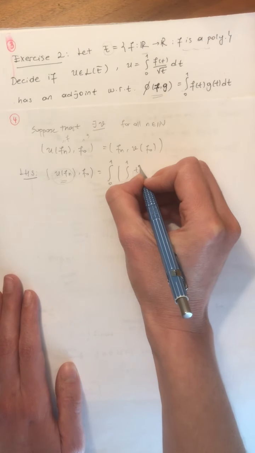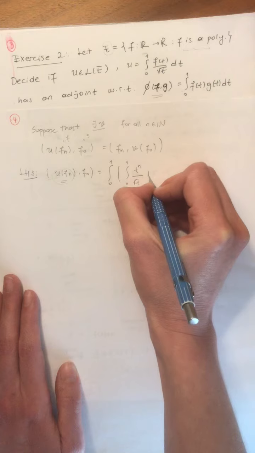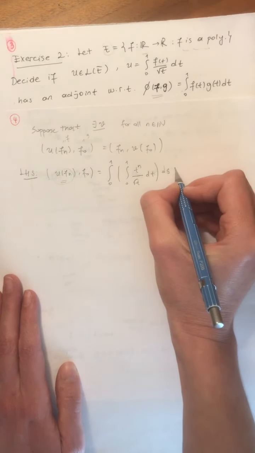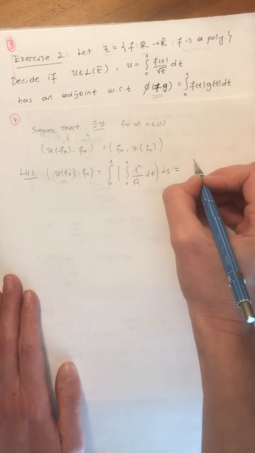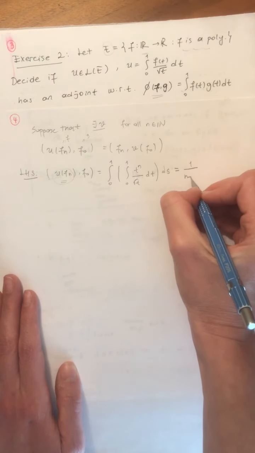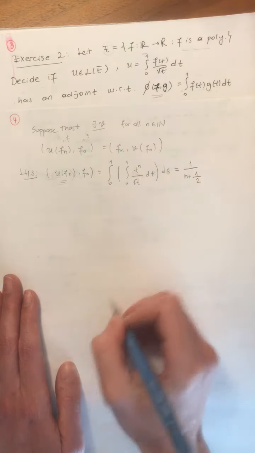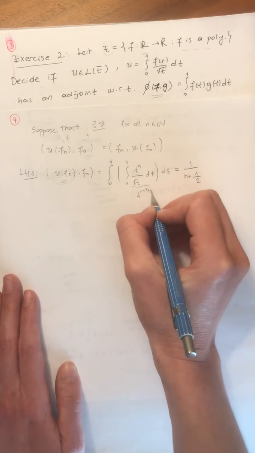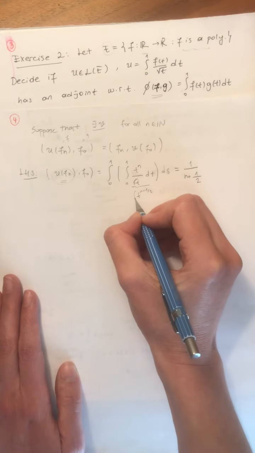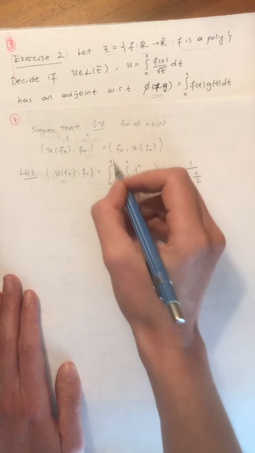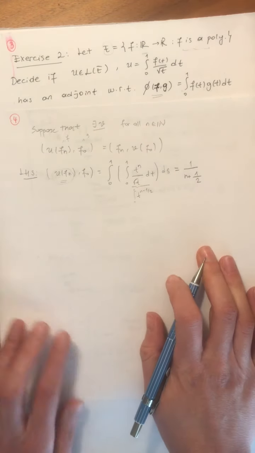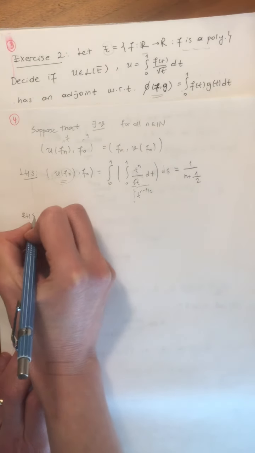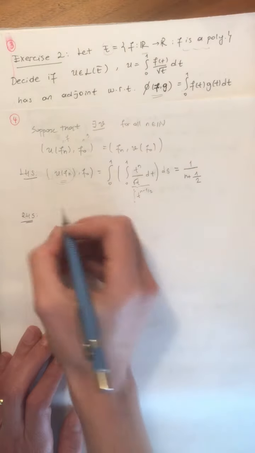This is the integral of t to the n, square root of t, dt, and ds, which is equal to 1 over n plus 1 over 2, because you can write it as t to the n minus 1 over 2, take the integral and plug in the boundary values and so on. And for the right hand side,